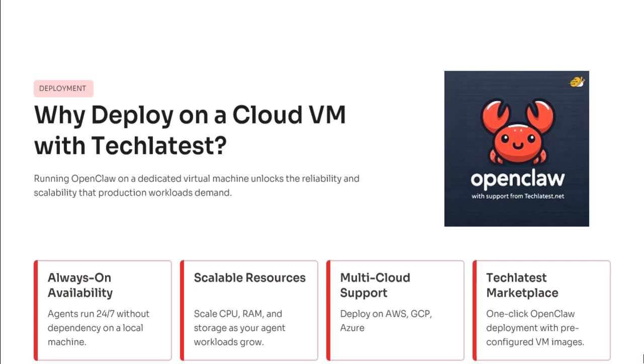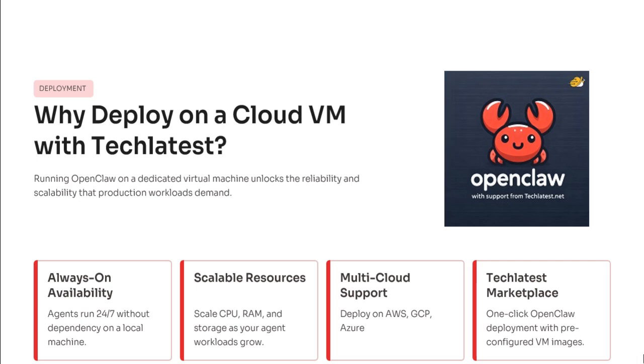So this VM-based approach provides a controlled and secure alternative. A virtual machine is always available, it's accessible remotely, provides an isolated environment, and is easier to maintain, right? And apart from that, it provides better security isolation and is suitable for production workloads. For this reason, we provide a ready-to-use virtual machine solution. Techlatest OpenClaw VM already includes the required OpenClaw software stack along with Ollama for local LLM models, reducing manual setup